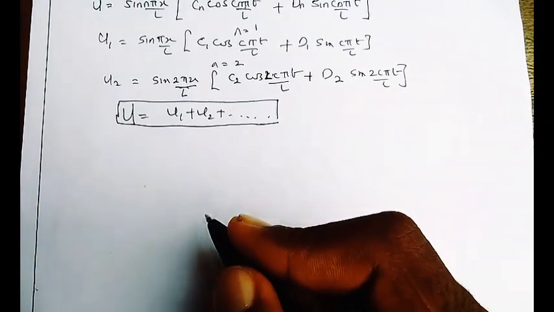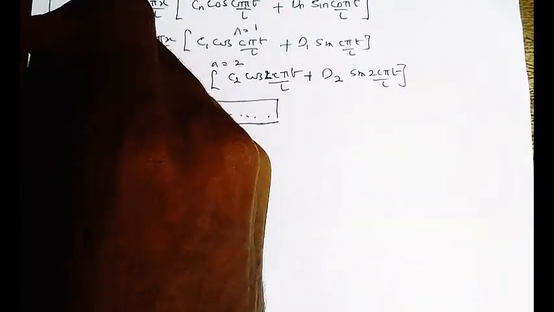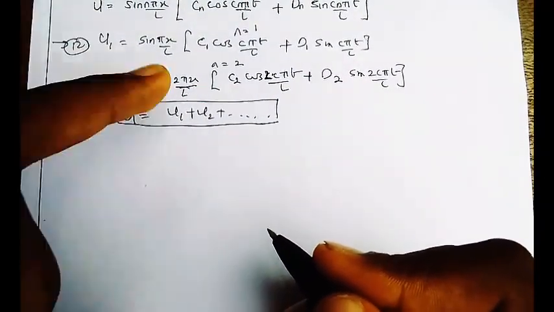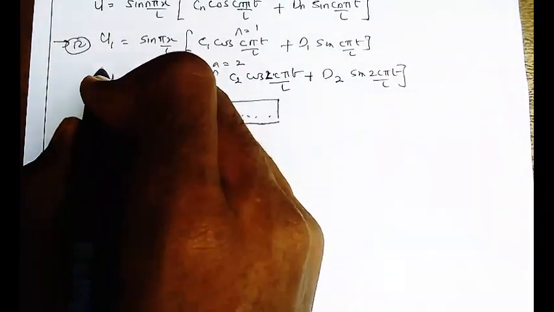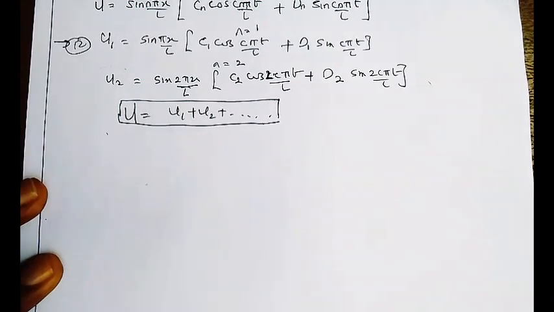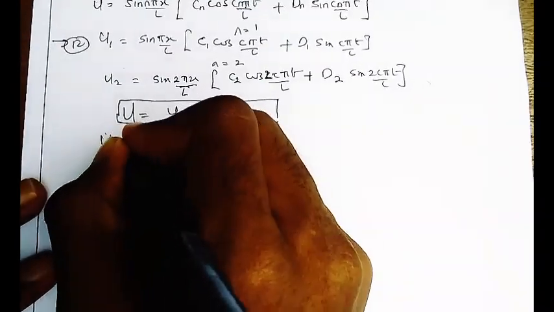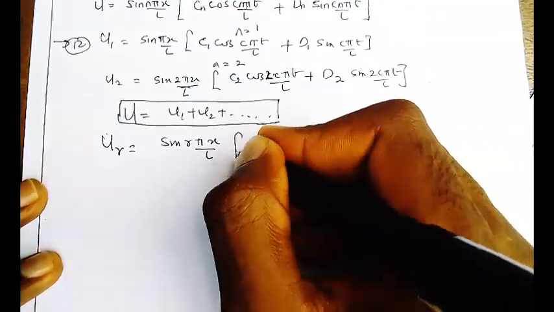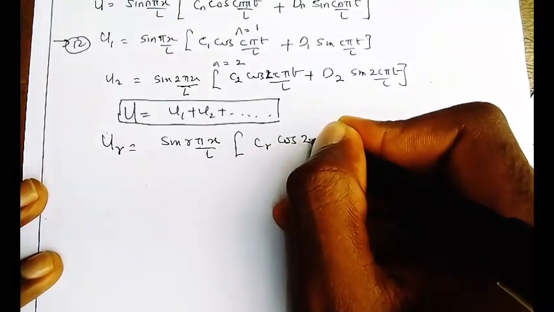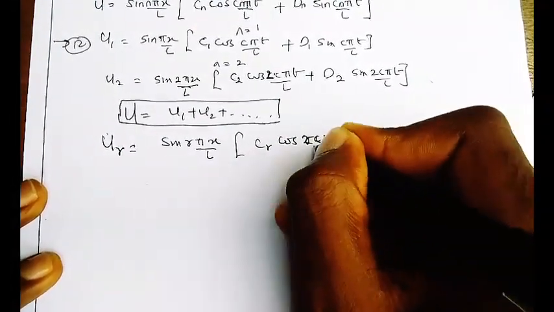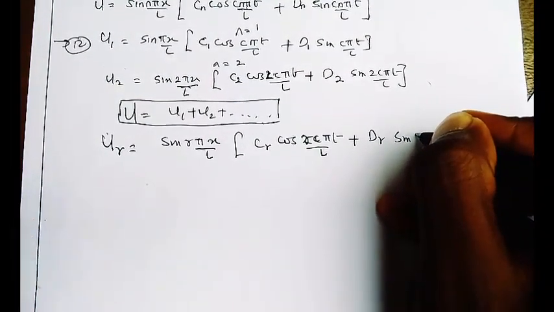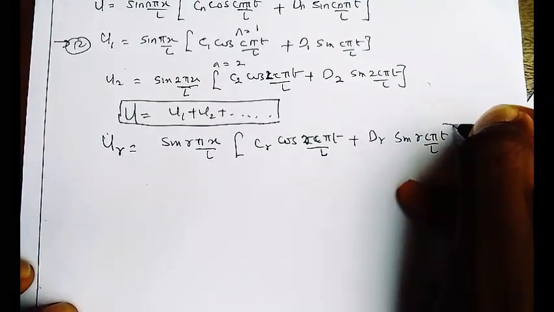Now before we dive into that, which step are we? This is my 12th step, substituting n equal to 1, 2, and so on, so that I have a series. Now we can write this formula. Since we are having consecutive numbers 1, 2, 3, 4, and 5, let's assume ur equals sine(rπx/L) times (cr cos(rcπt/L) plus dr sine(rcπt/L)),